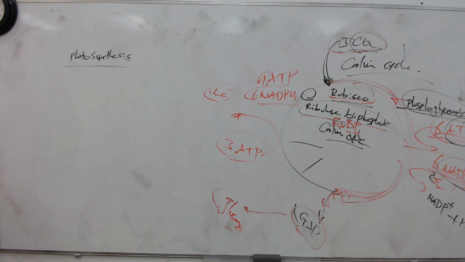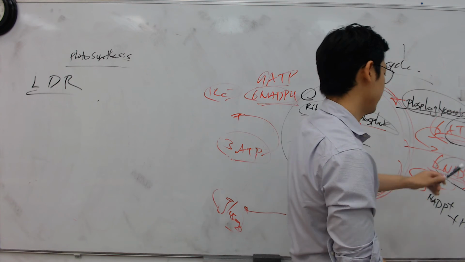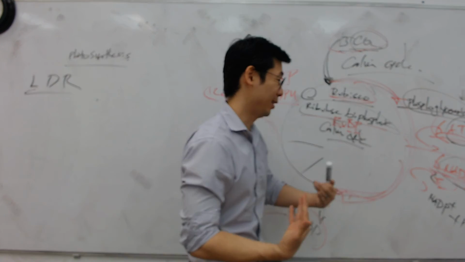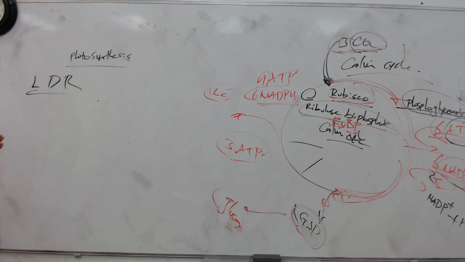So that's when we start to talk about the light-dependent reaction. Okay, LDR, light-dependent reaction. The light-dependent reaction of photosynthesis will provide them with the ATP and the energized electron, which is the high energy electron of the NADPH. Okay, you have to know this guy and those guys for photosynthesis. So now they ask more about this one than that guy, by the way.